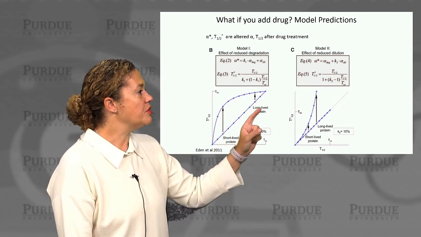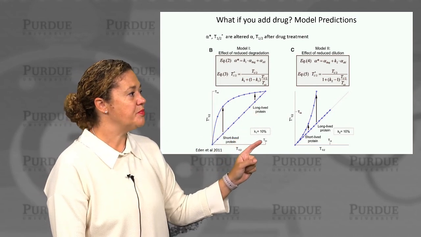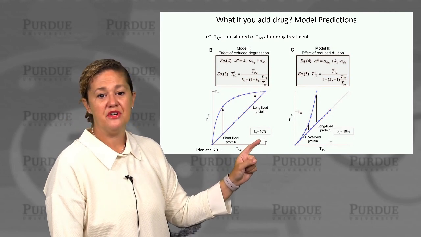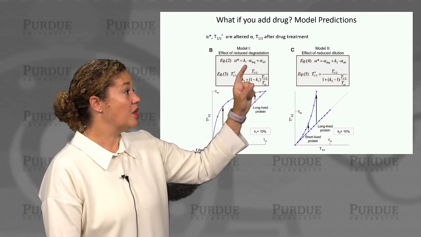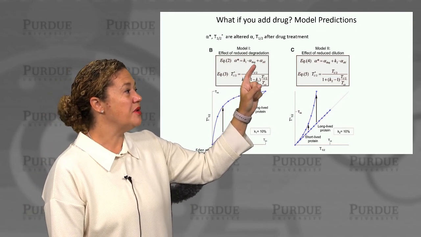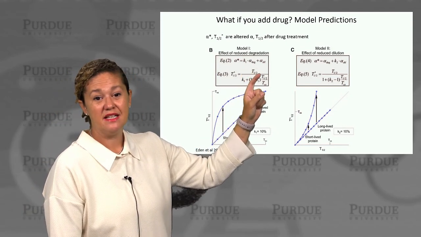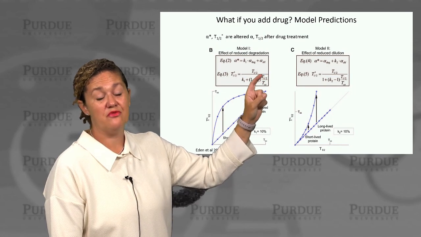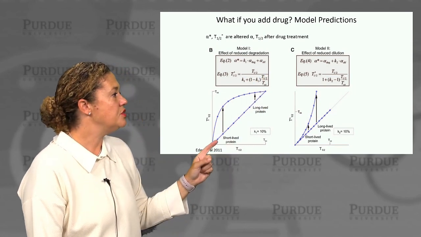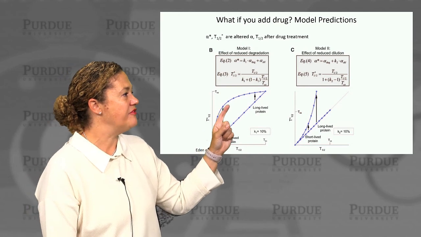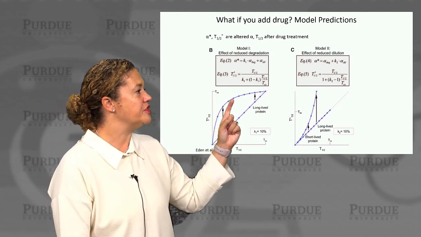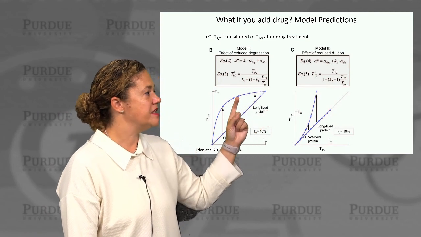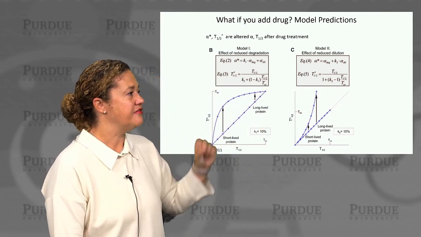So your model then would predict, they put in a K1 of 10%, so there's a 10% change, that your new alpha degradation is 10% with the drug of what it was without the drug. And you can predict what the new half-lives of the protein would be. And you can see this upward curvature type prediction that you would get if our drug had an effect on